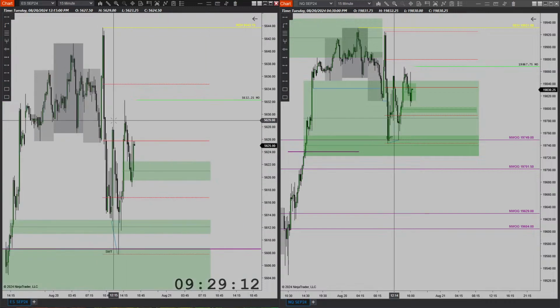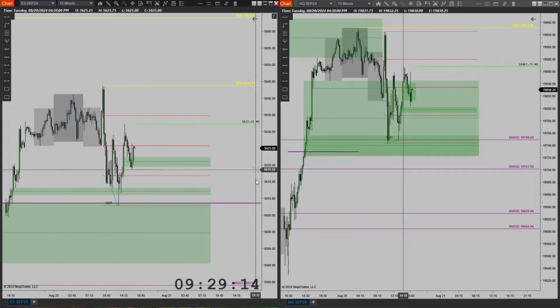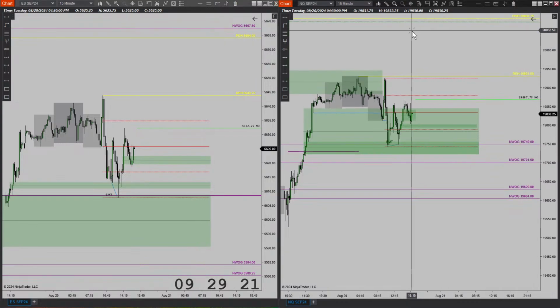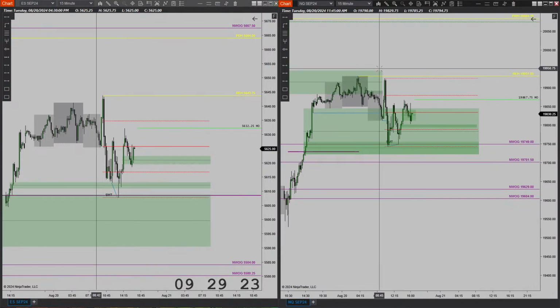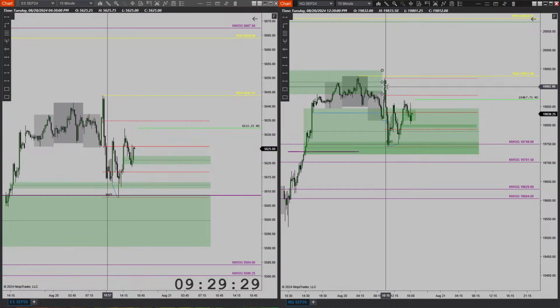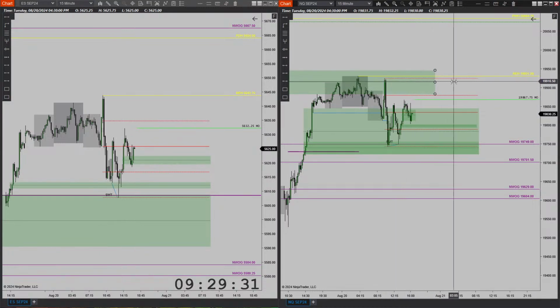I could add standard deviations here to see how far away we'd go. But again, first target is still here. The objective still remains up here on the daily. I would expect for this objective here to close. So let's go ahead and connect to data and see where price is.